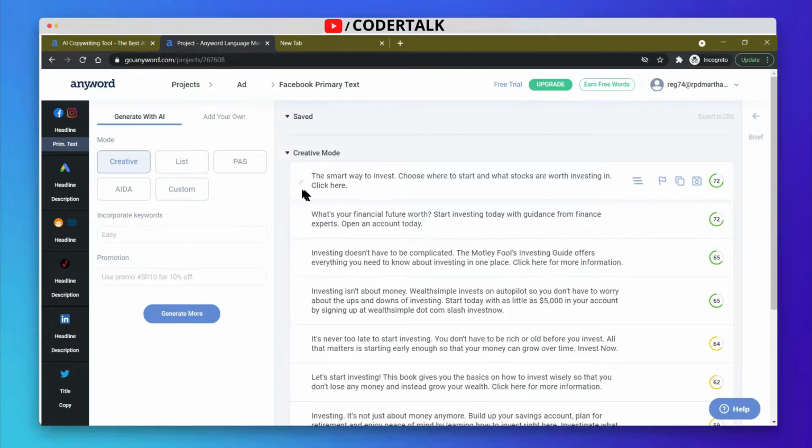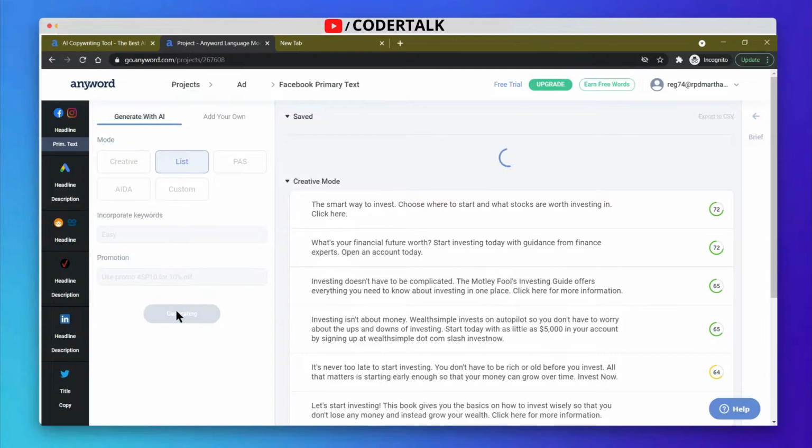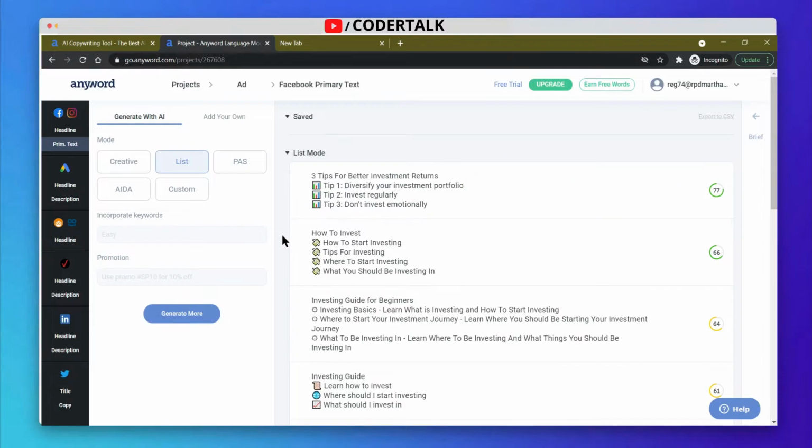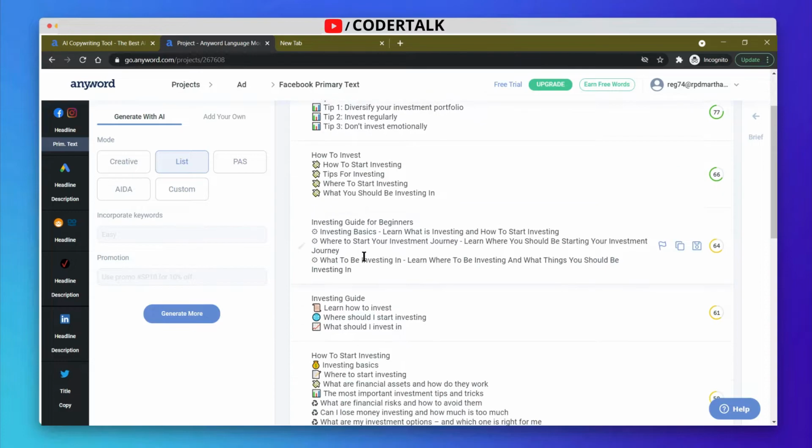If you don't like this form, you can choose a list type. You just need to click on the list and you can generate more. It will give the text in the form of a list. It is generating now. It is generated in the form of a list, and it is very engaging, though less than the creative one. It has a score of 77, and it targets a very wide variety of ages and genders. Let's see three better ones, like this one about diversity, and this one about values.